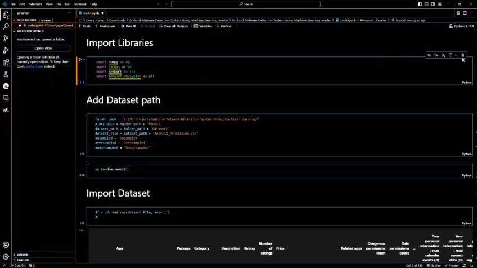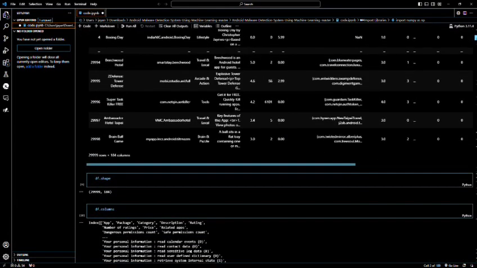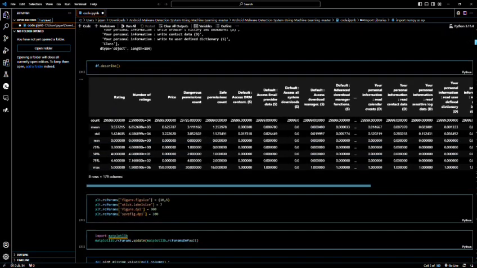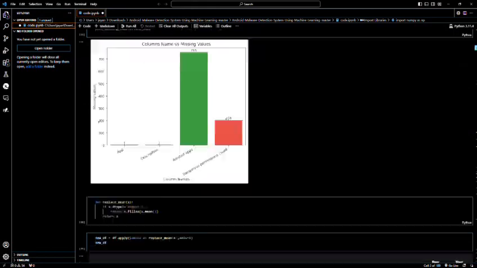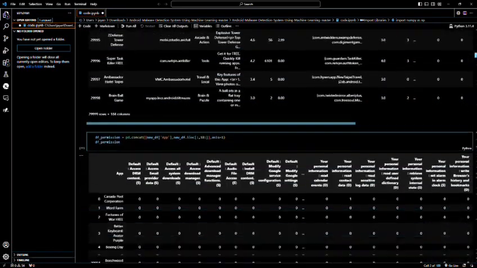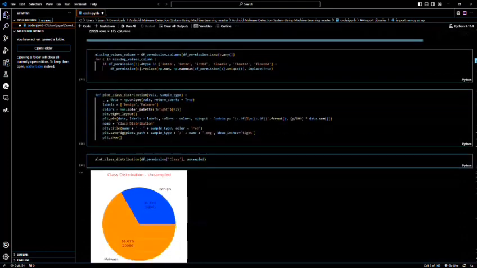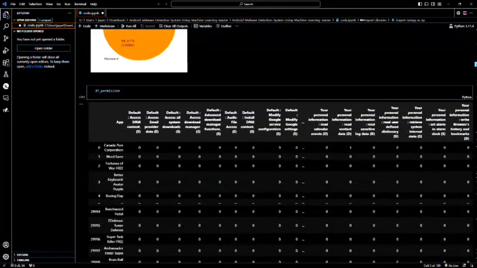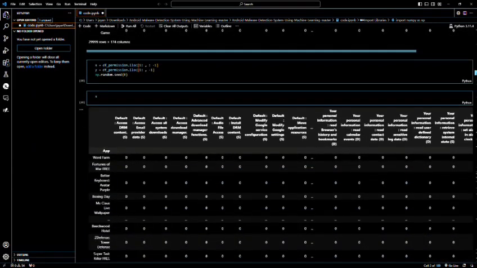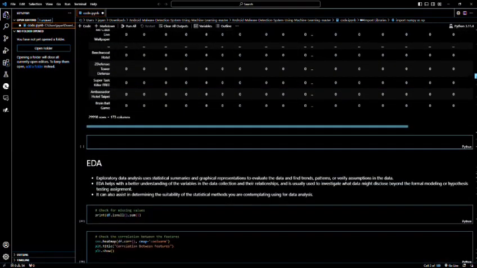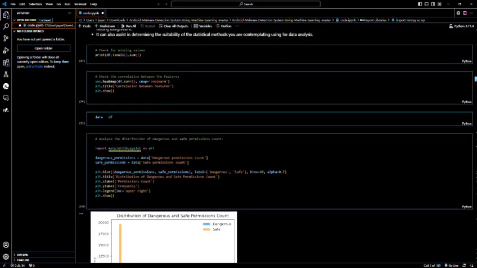Initially with the dataset, we pre-process, visualize and analyze. The data is first imported from the CSV file and loaded into a data frame. The necessary attributes are then extracted from the dataset. To gain a better understanding of the data, several plots are generated. The data is checked for null or missing values, and any such values are replaced with the mean of the corresponding column. The distribution of the malware and benign applications across the various settings is then analyzed, and the results are visualized through a series of plots created using Matplotlib and Seaborn.